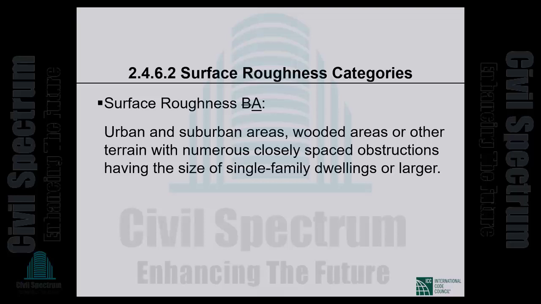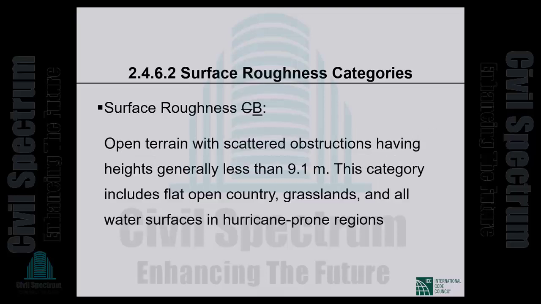Surface roughness B, open terrain, scattered obstructions having heights generally less than 9.1 meters. That's about 30 feet. This category includes flat open country, as I mentioned to you already, grasslands, all water surfaces